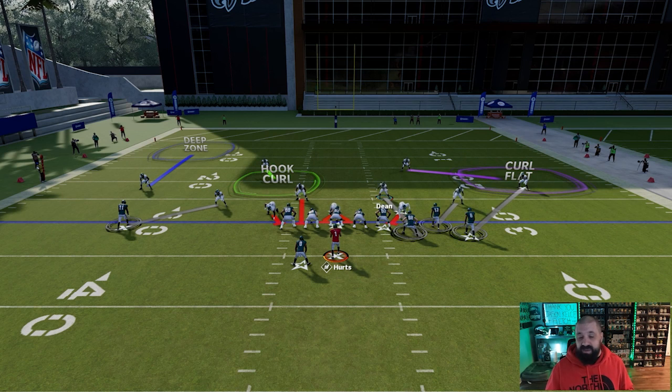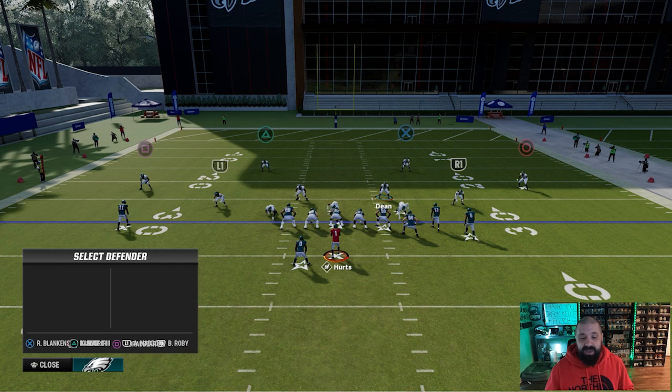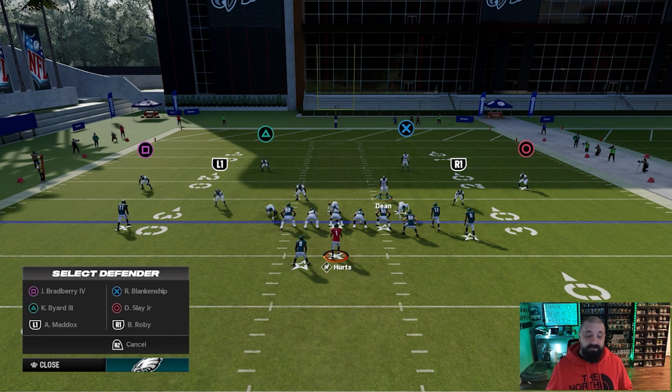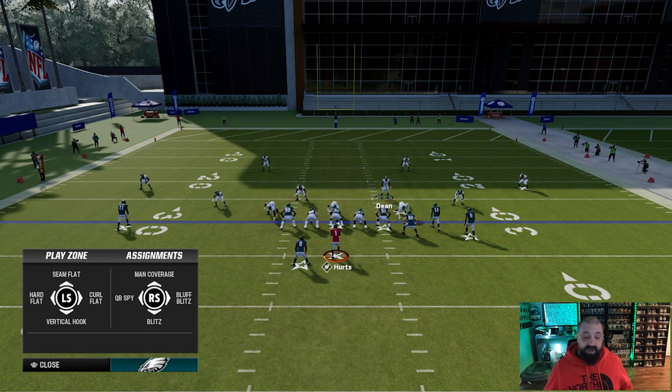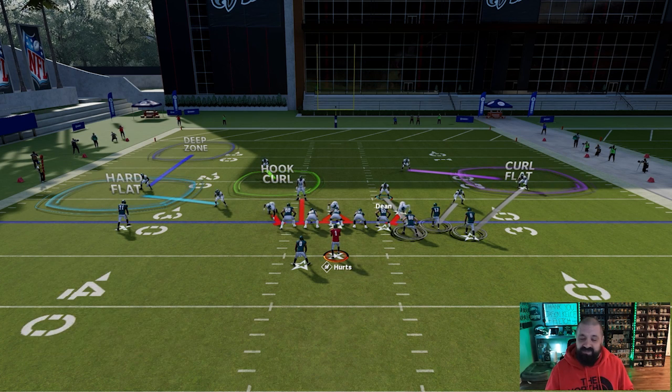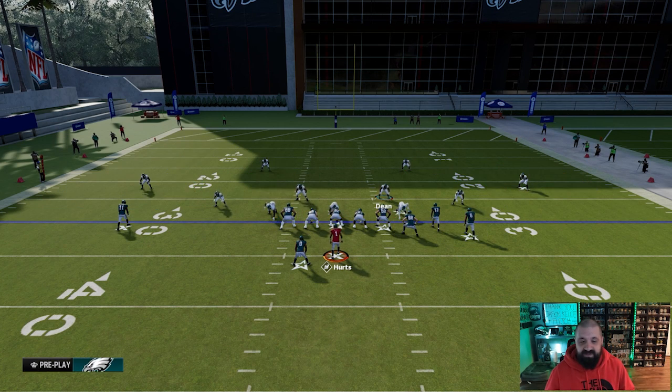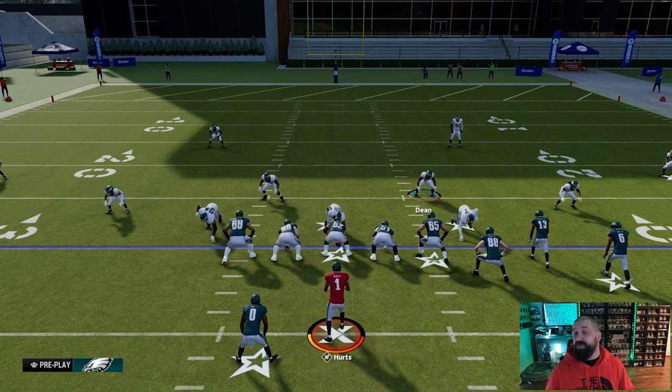Say our opponent is killing us with table routes with the running back and DeAndre Swift. We can go ahead and double tap triangle. We're going to select L1 for Avonte Maddox. And now we have a couple different options here. We can go hard flat, which is left on our left analog stick. Notice he has different options compared to a safety based on where he is on the field. But if we want to go hard flat now, he's going to kind of take away any type of table routes or any quick routes out to the left-hand side, like a quick out route from AJ Brown could end up getting covered here. This is not ideal defense at all, but if we wanted to put Darius Slay over